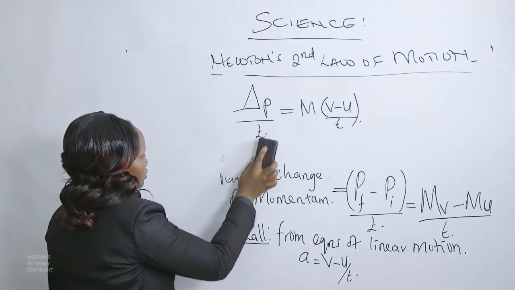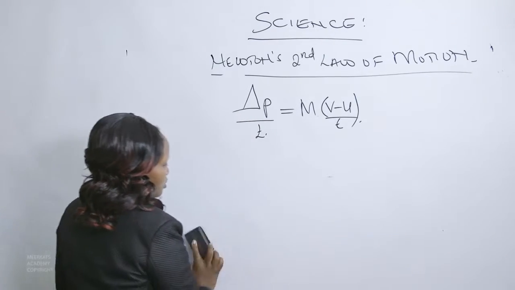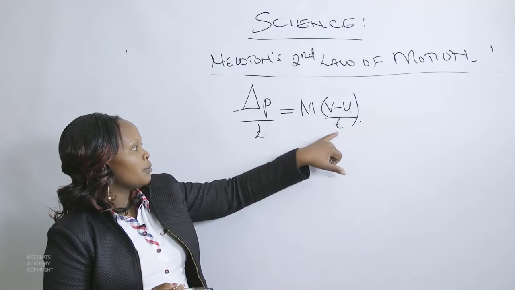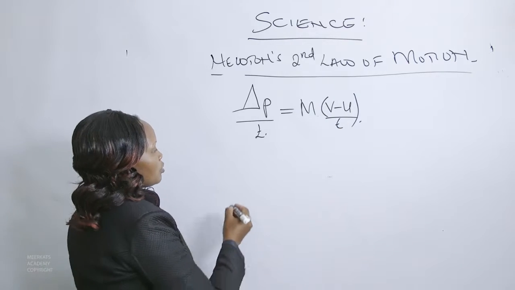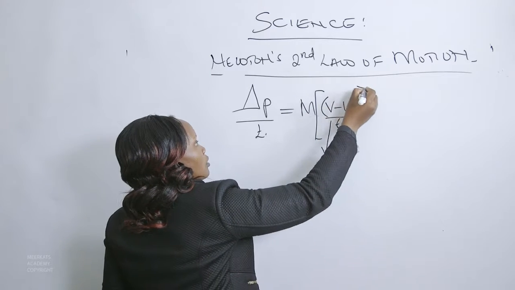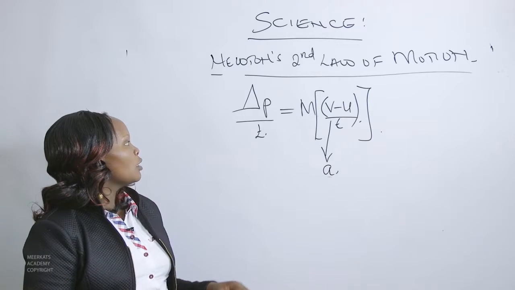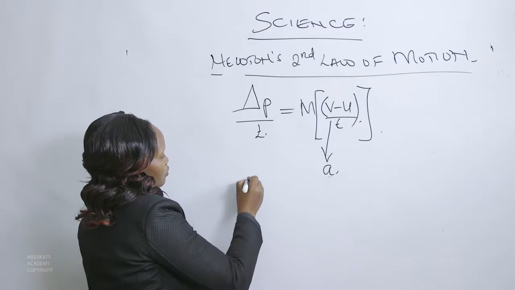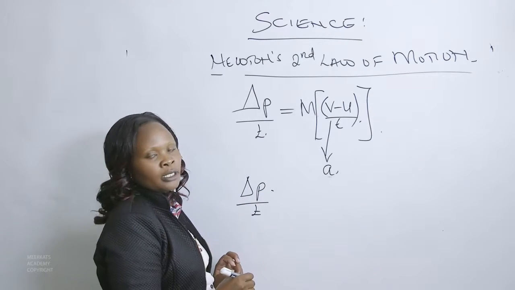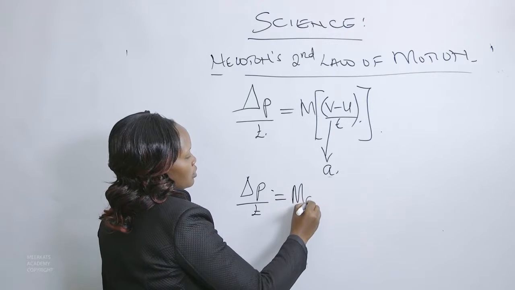And now v minus u over t is what we call acceleration. Therefore, change of momentum, if we divide that by the time taken, is going to be the same as mass times